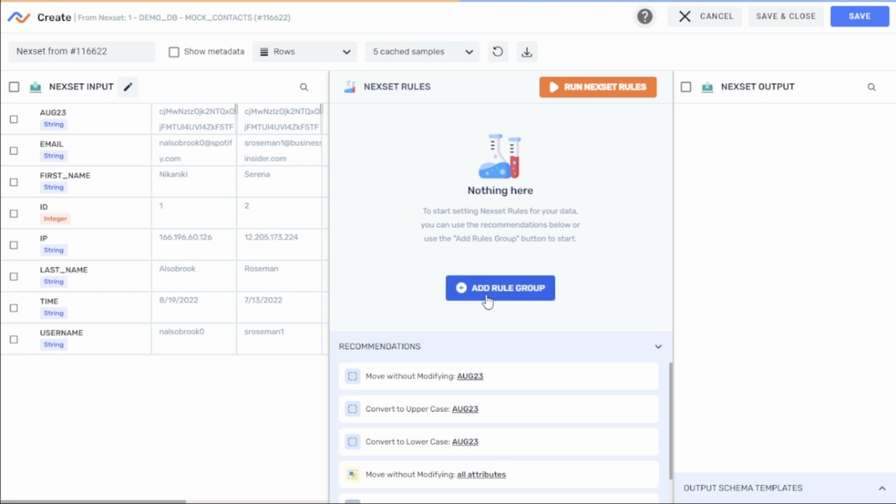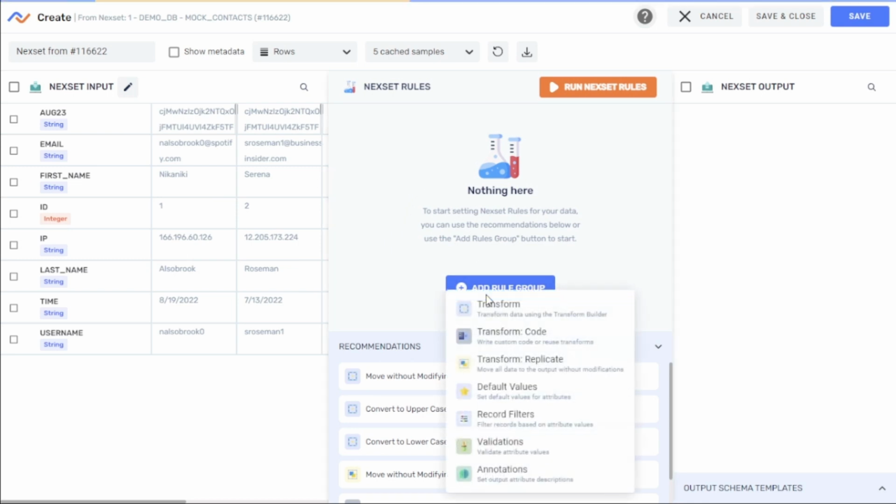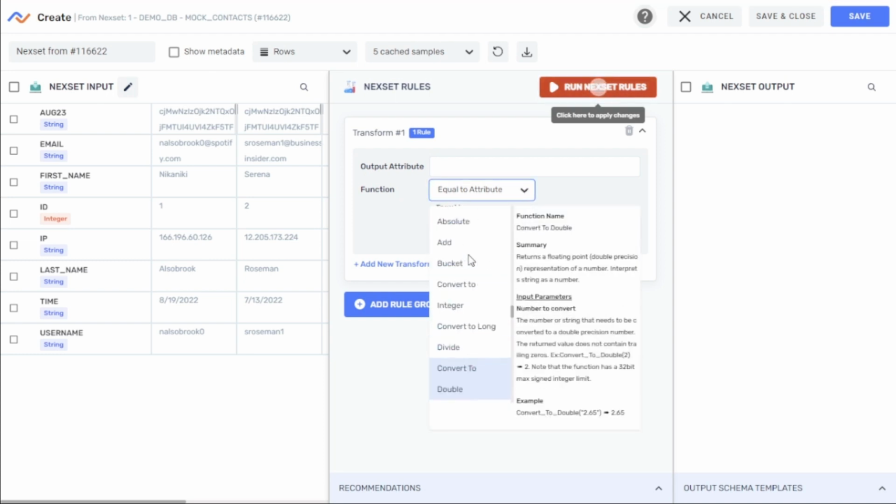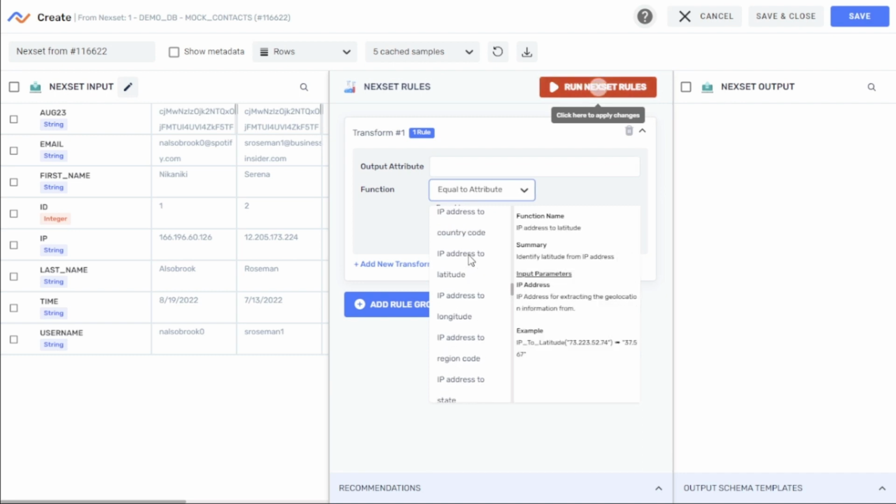Click the Add Rule Group button to begin building the transformation, and select the rule type from the list, including pre-built transforms, custom code-based transforms, Nexset replication, default value specification, record filters, validations, and output attribute annotations. I'll select Transform to use one of Nexla's pre-built transform rules, which include mathematical, location, time, conditional, and array operation